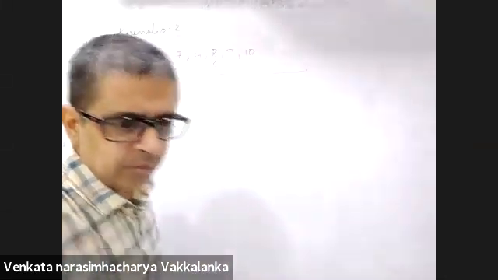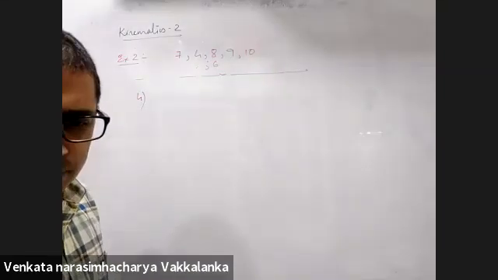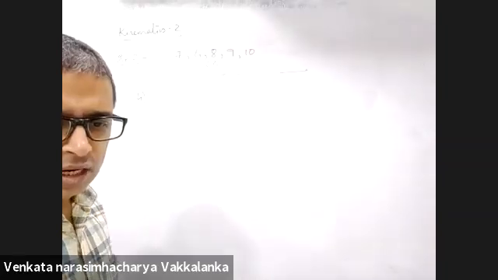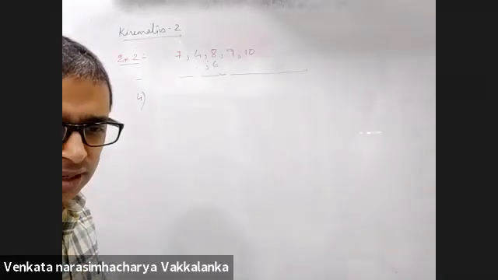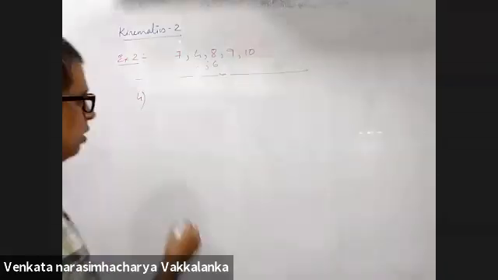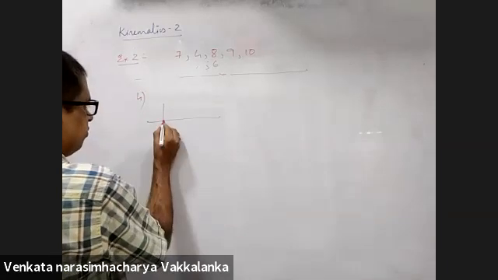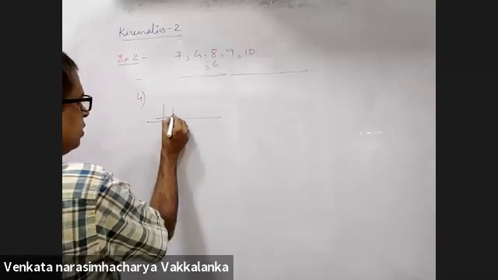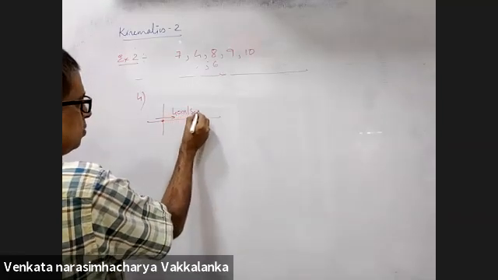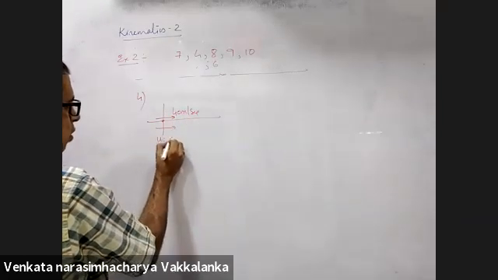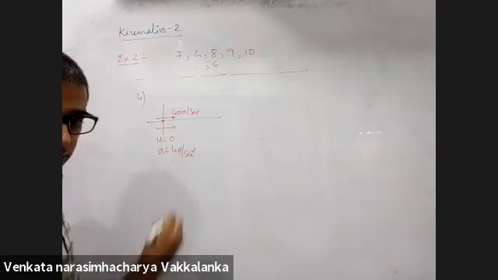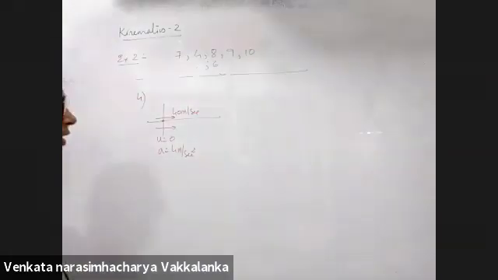Two bodies start moving in straight line simultaneously from point O. The first body moves with a constant velocity and the second body starts from rest with a constant acceleration of 4 meters per second square. See, two bodies start from origin. First body moves with a constant velocity of 40 meters per second. Second body velocity is 0, but acceleration is 4 meters per second square. I hope I have taken the values correct.